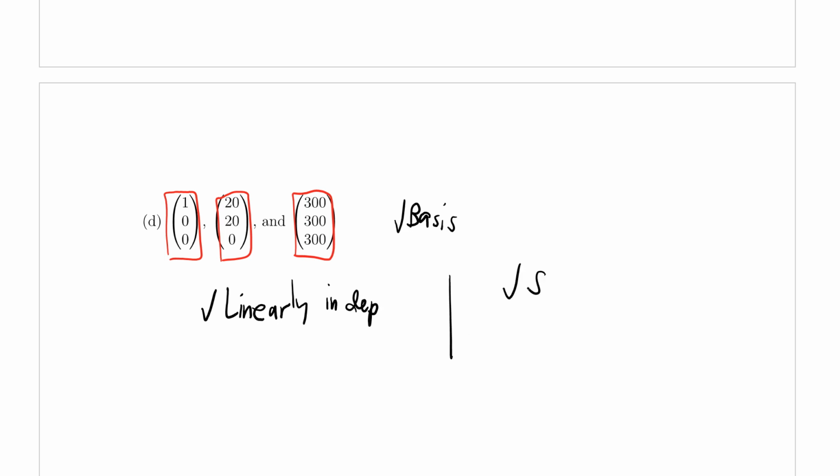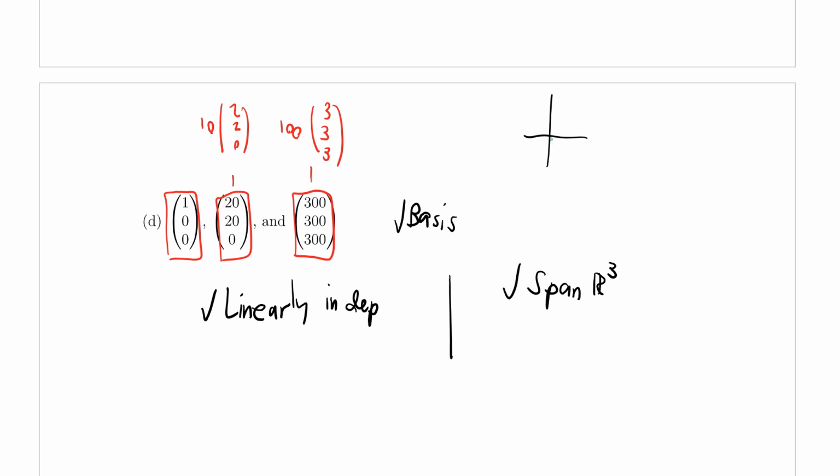And they will span R cubed. The reason why this happened is that notice how this is actually just a scalar multiplication of what we have before. And when we have just a scalar multiplication, it doesn't affect any of these three properties that we have here. Notice how, well, let's just take a look at